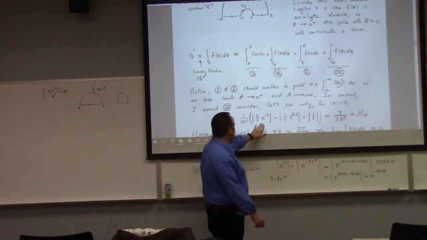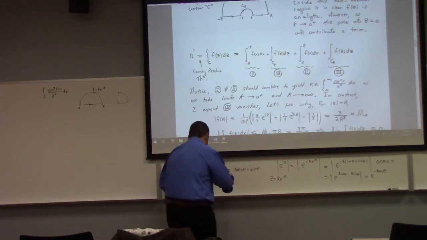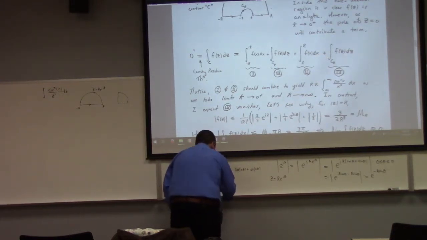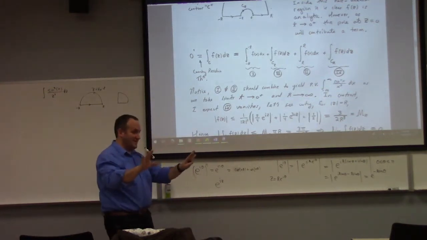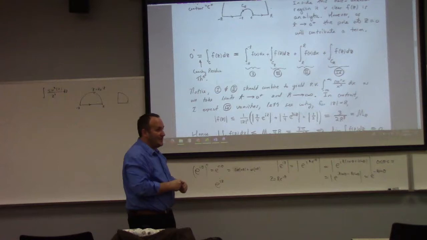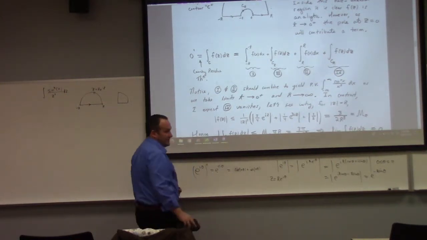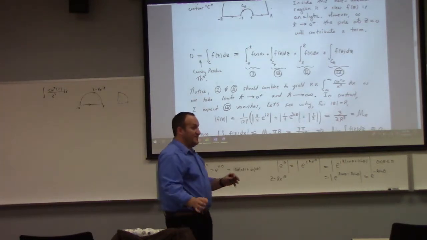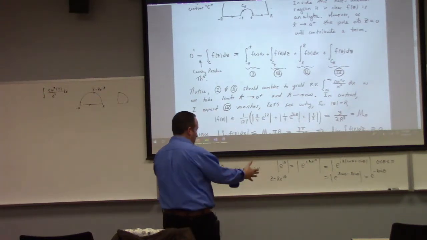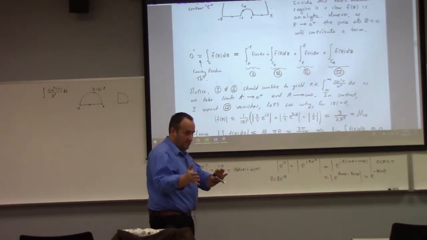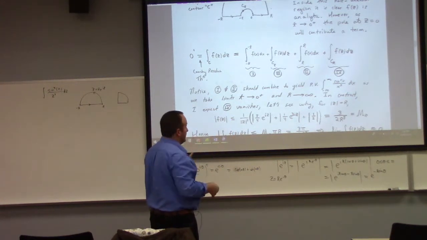No. The modulus of e to the iz depends on what x and y are. But over here, the e to the minus r sine theta is never going to be greater than 1. For this one, yes. I'm just saying in the abstract, I was assuming a theorem which is just not true. The modulus of e to the iz doesn't have to be bounded. It could be, if z is real, yay, it's just 1. But, okay, with that fixed, I think you can see that the upper loop can be shown to go to 0 by the ML theorem.